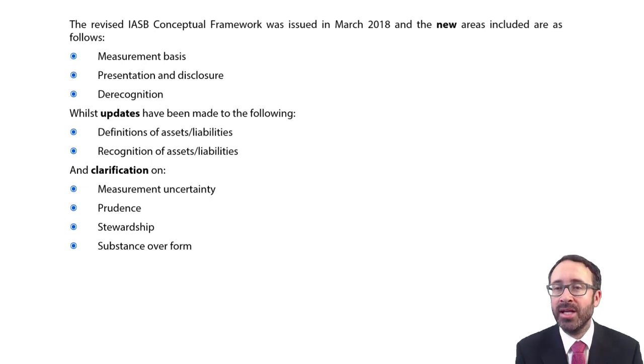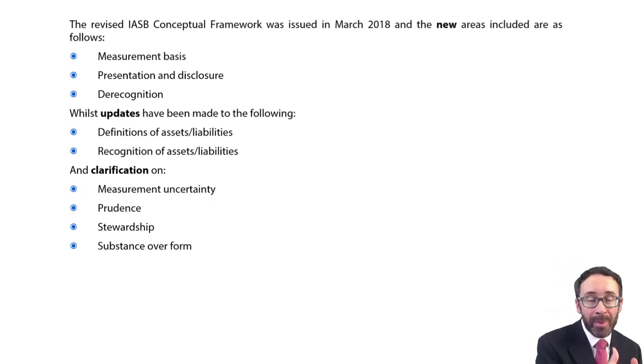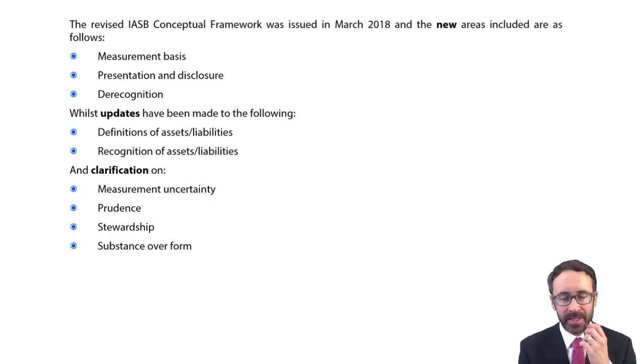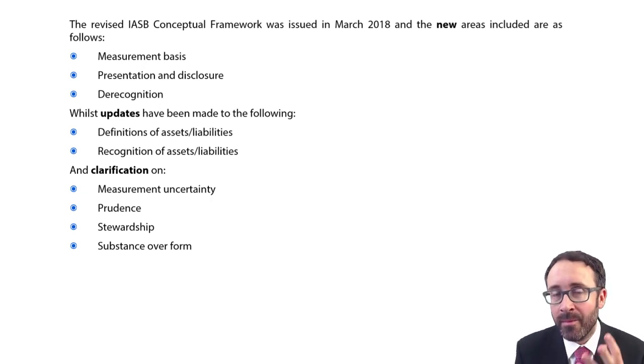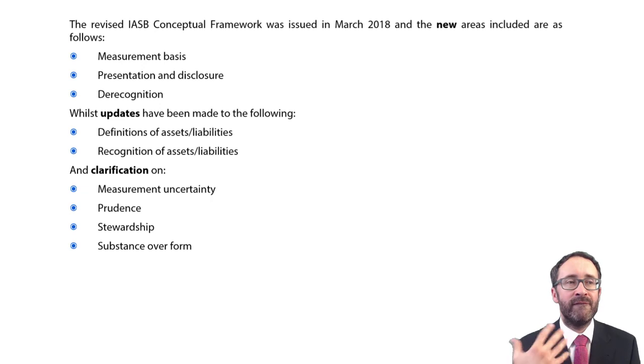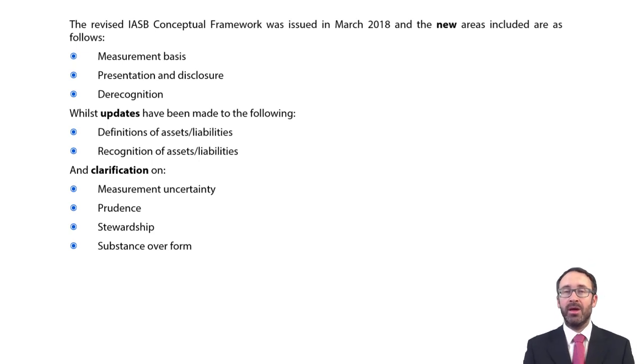Again, that definition has changed with regards to your recognition of the assets and liabilities, and it all comes down to something being recognized now if it provides you with more relevant and faithful information. So effectively going back into the qualitative characteristics and looking at your fundamental qualitative characteristics of relevance and faithful representation. It's quite handy there that we mention those, because that then ties in to starting to look at the clarification aspects on measurement uncertainty